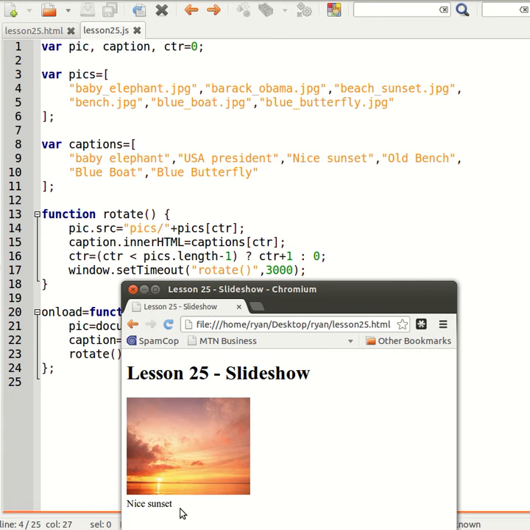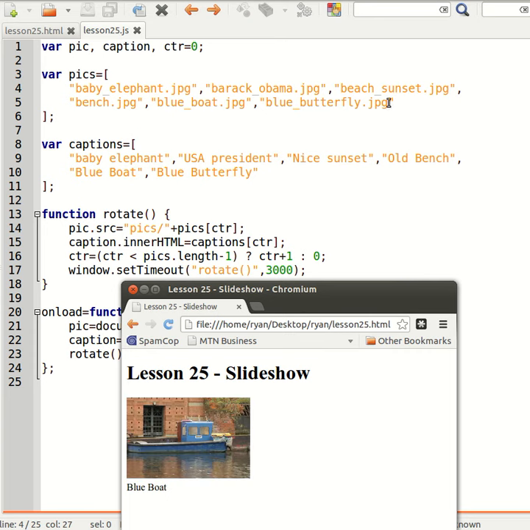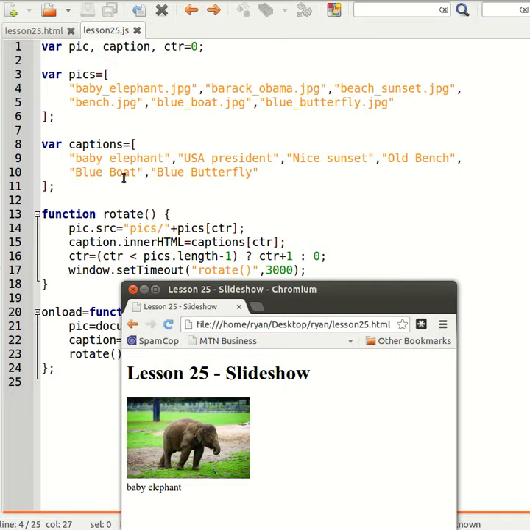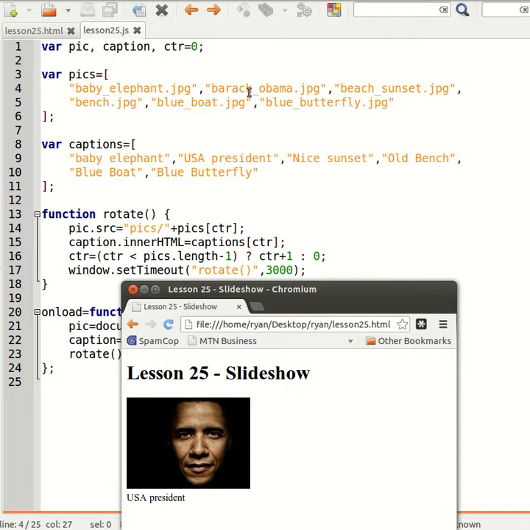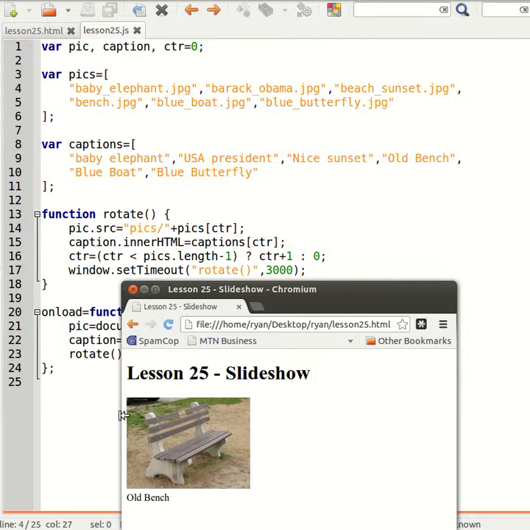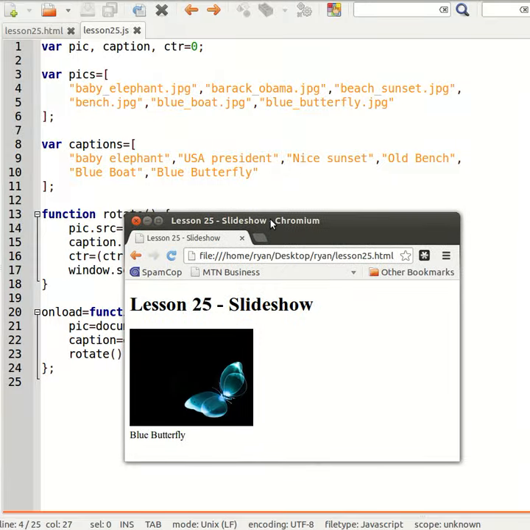which is great. Now we must just make sure that once it's done the blue butterfly, it goes back to the baby elephant again. So there's the blue butterfly, and it goes back to the baby elephant. So this now will run forever until such time as we close the browser, with the photos rotating and the captions changing. The one issue that there is now with this program is that as soon as you upload it